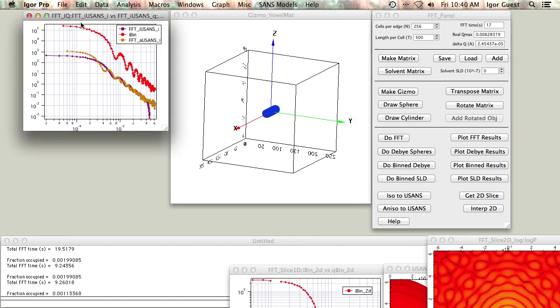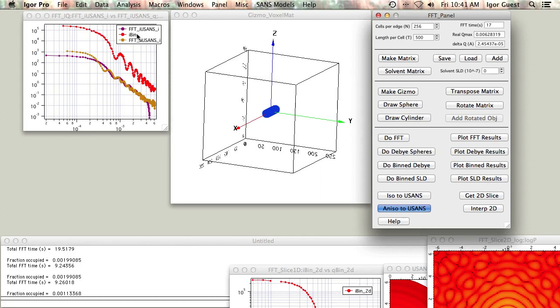And that's what we see. It's sort of tending to q to the minus 1 at low q, q to the minus 4 at high q, and this brown curve is, again, tending towards 0 at low q, q to the minus 3 at higher q. If we do the anisotropic case,